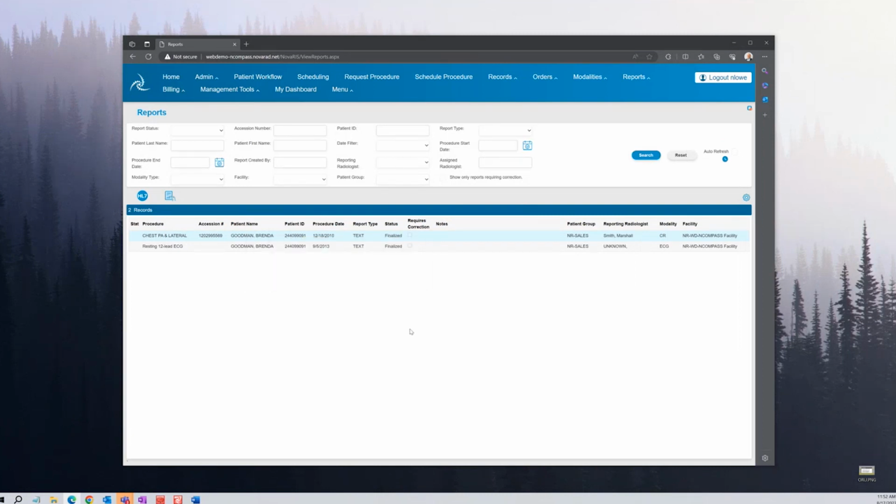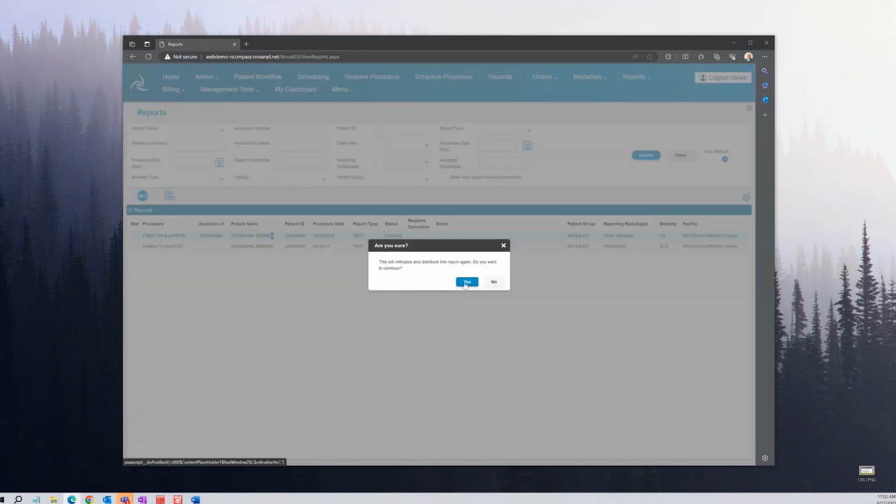The last item I wanted to show you was how to refinalize a report. So when we fix mistakes and we change information, we update a patient ID, anything that might end up on the finalized report, well, that report is a snapshot of when the report went finalized. So it could have some incorrect information on it. So all we do is, you search for the proper report, obviously, single left click on it and refinalize report. And you're done.